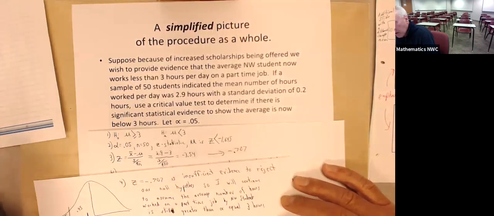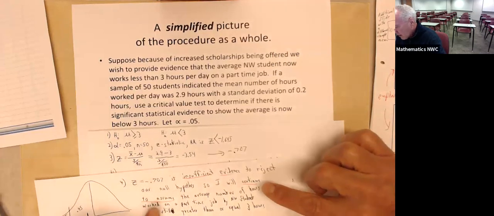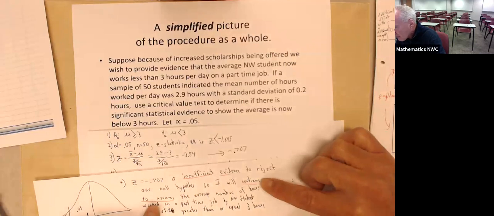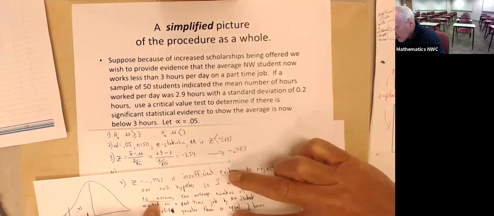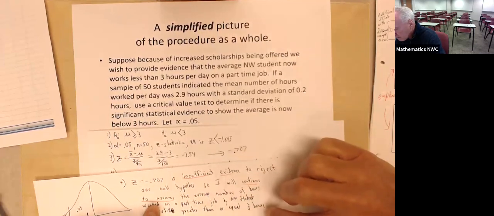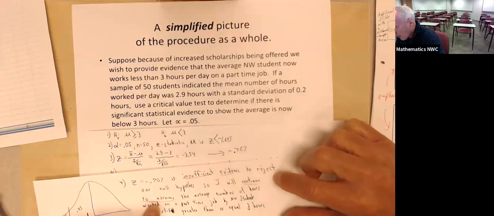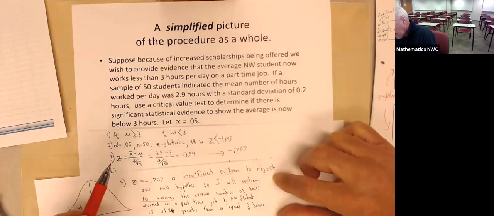Some key words: insufficient evidence, continue to assume, and I'm continuing to assume the null. Continuing to assume is not as strong a statement as we made when we were able to reject the null. If you remember the other one, we put down, I will now conclude. When I go over my line in the sand, I have a much stronger finishing statement. I'm making a conclusion. If my sample does not go over the line in the sand, like this one did not, then I just have to continue to assume the null.